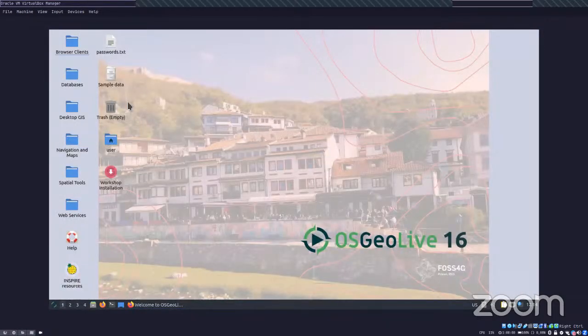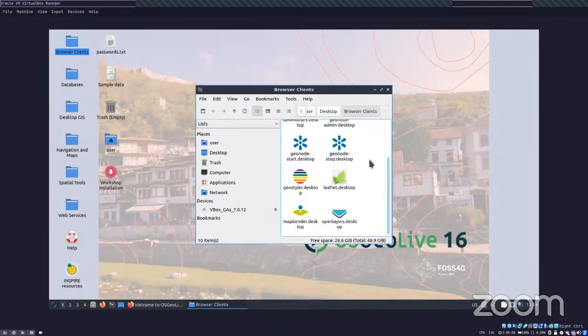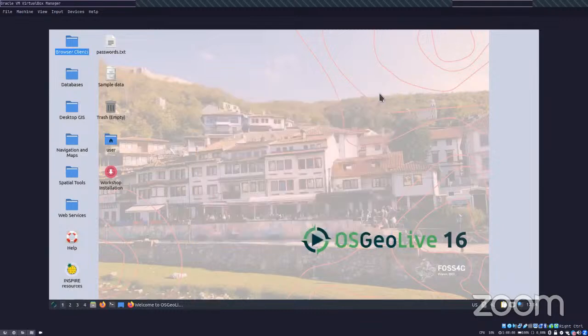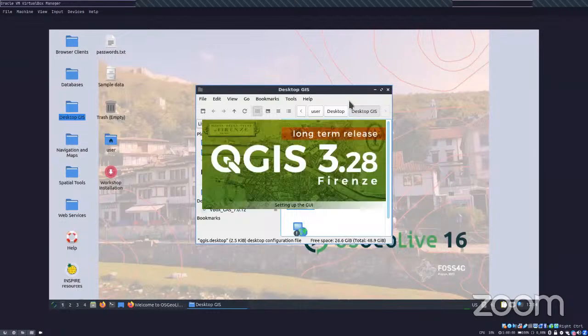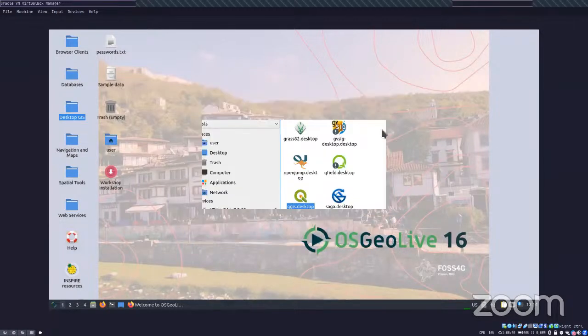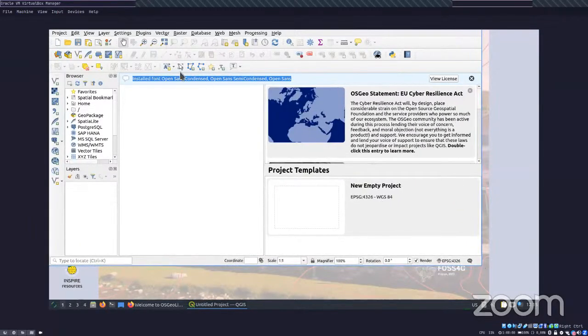On the desktop of this operating system, which is called OSGeoLive, you can see the folders I mentioned already. If we open browser facing, there are some things happening here. We see that list of software again. But I would like to start from the desktop GIS, and we start from QGIS. So I open QGIS. The interesting thing is that when OSGeoLive is released, it's packaged with the long-term release of the software, someone could say a stable version. So here is QGIS